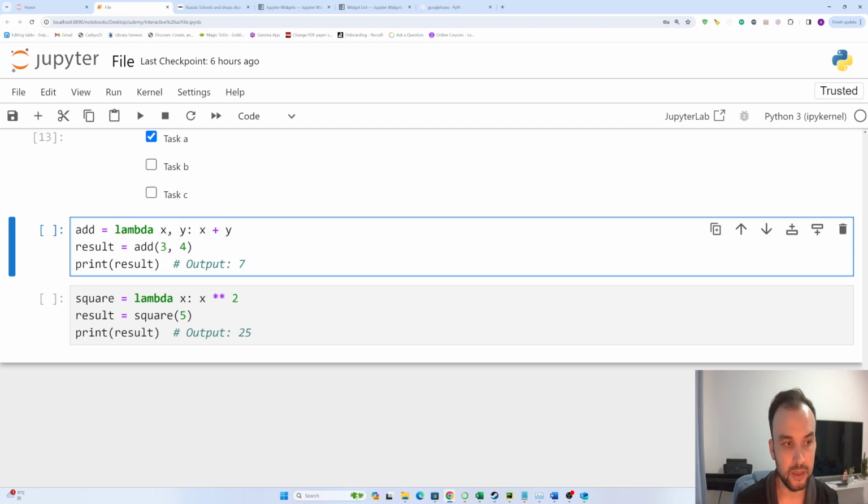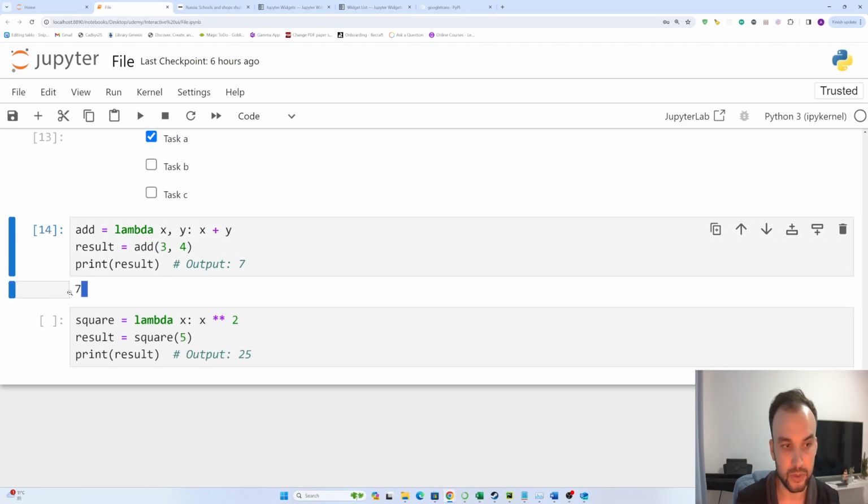For example, here result equals add 3 4. Here 3 is for x, 4 is for y, and what's happening here, we sum those two numbers, and the result is 7.